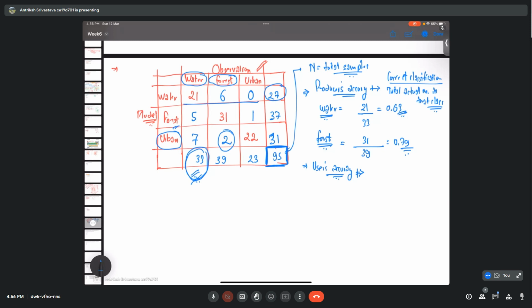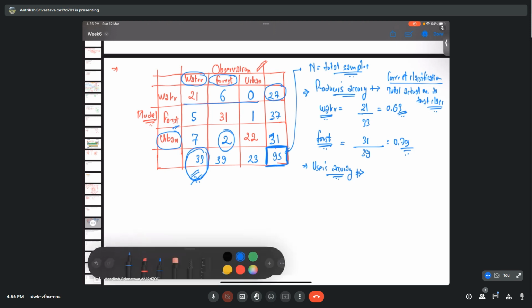Now, producer's accuracy is the accuracy, we can say, with which this instrument is able to classify. Out of 33 times, it is able to classify 21 times correctly that it is water. Or out of 39 times, 31 times, it is able to correctly classify that it is forest. But when it comes to the